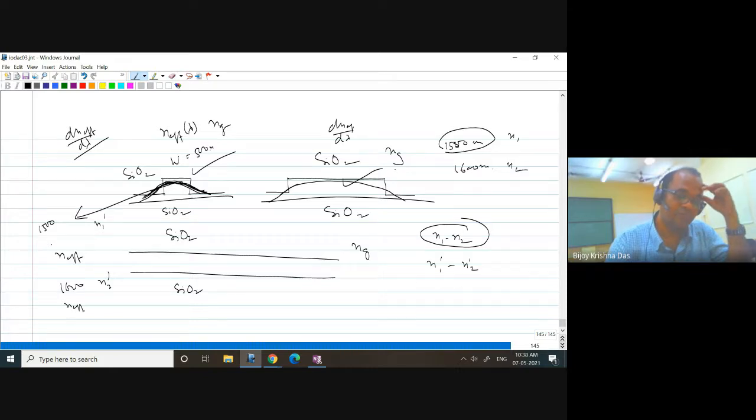Now suppose it is 1 micrometer. W is 1 micrometer, double, triple, something like that you are considering, and the fundamental mode. Now you see, lambda 1500 nanometer you are calculating, and lambda 1600 nanometer you are calculating. So if I just consider only this evanescent tail, from the wavelength point of view, this particular dimension of 500 nanometer will be more influenced, or when the waveguide width is relaxed, I'm just changing 1500 to 1600 nanometer. Which one will be more impactful?